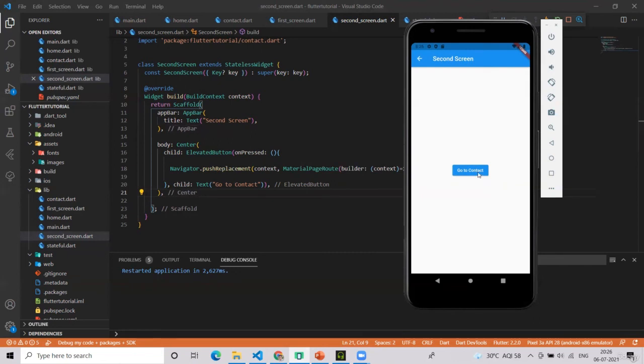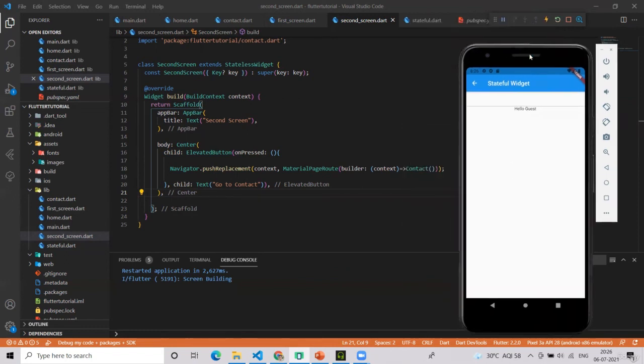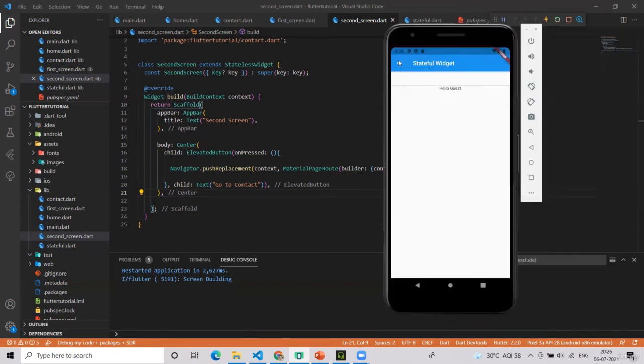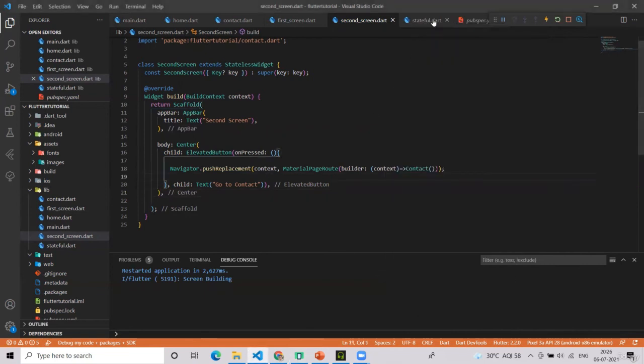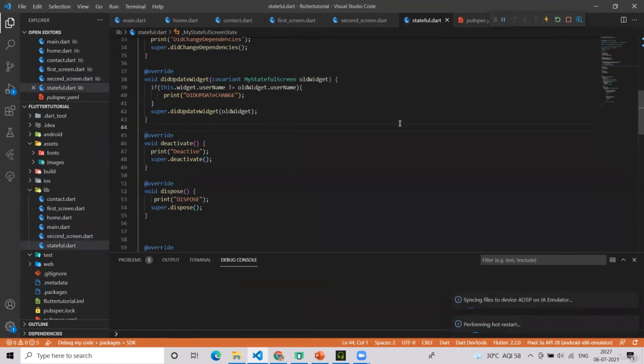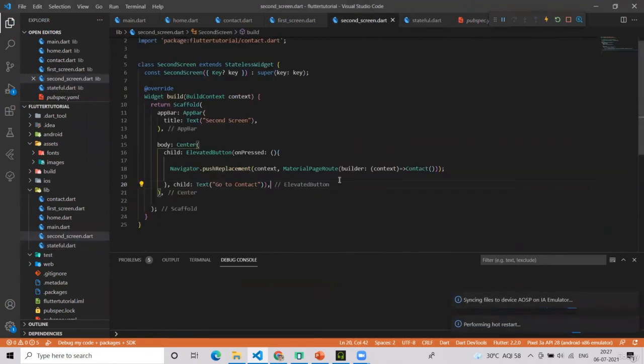But if I click on go to contact, and since it's using push replacement, then it will remove all the screens, that is the second screen as well as the first screen. Now, if I go to contact, see, it's being removed. Now I have used push replacement here.